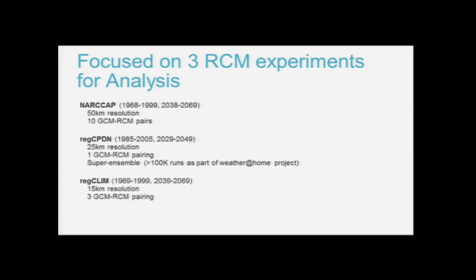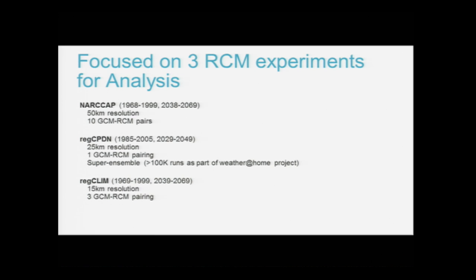So, as I described briefly, I focused on 3 regional climate model experiments: NARCAP, REG-CPDN, and then the REG-CLIM. They had varying resolutions. NARCAP was the lowest resolution at 50 kilometers for each grid cell, and it combined 10 GCM and RCM pairings, unique pairings. And the years that I looked at for my future from NARCAP was 2038 to 2069, and then 1968 to